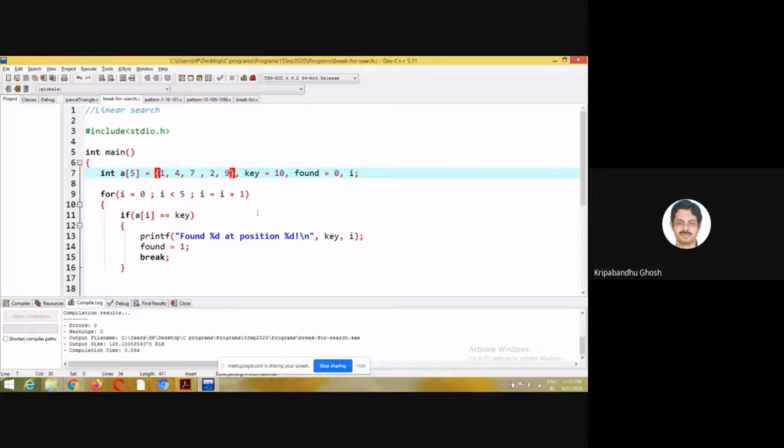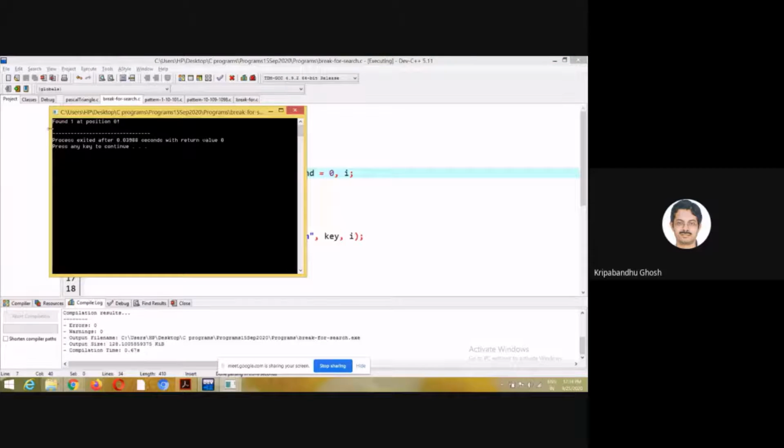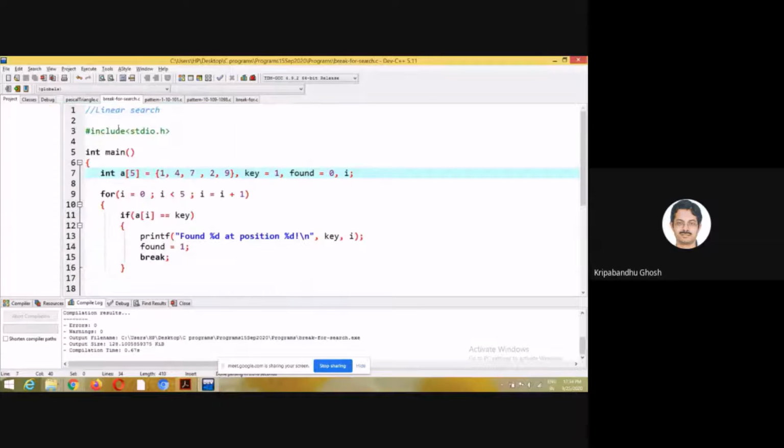But what's the best case scenario? Can anyone tell me? You found it on the first place. Sorry, your voice is not audible. So you find it on the first place. Correct. In that case, suppose I am looking for 1, it would be found at position 0, and after this I would do this break.